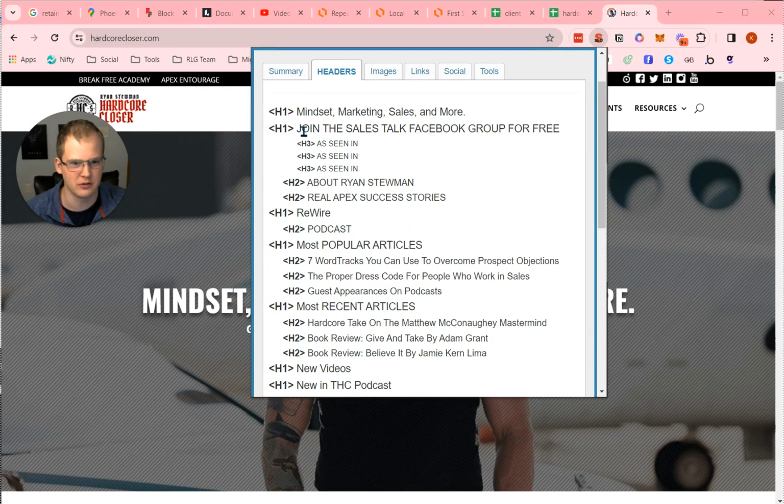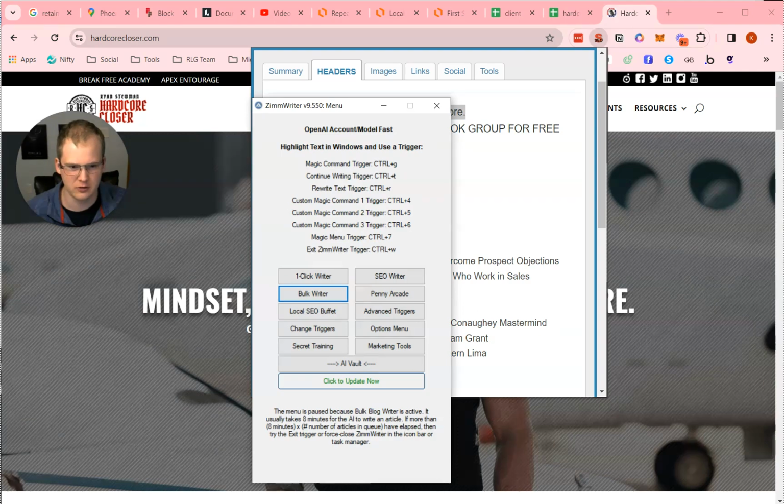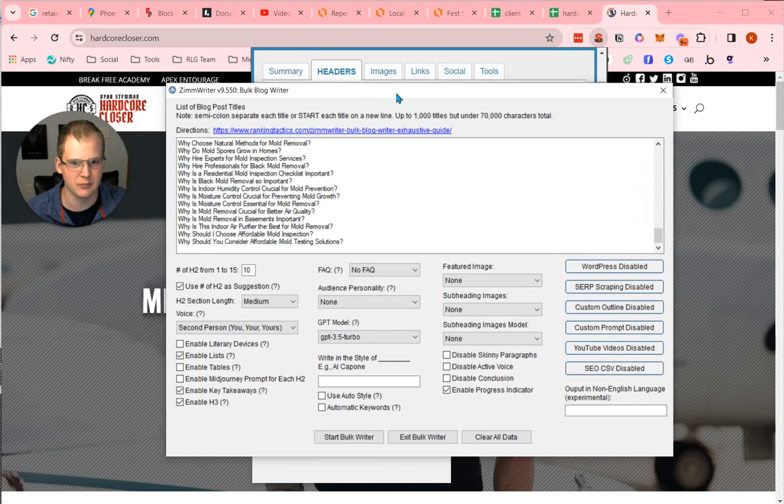So you should have one H1 at the beginning of your article, and then throughout your blog post you'll have multiple H2s, but then adding subpoints underneath there as H3s and maybe even H4s, depending on how in-depth you want your article to be. So when setting up Zimwriter to create articles that have a lot of depth to them, that's important to do